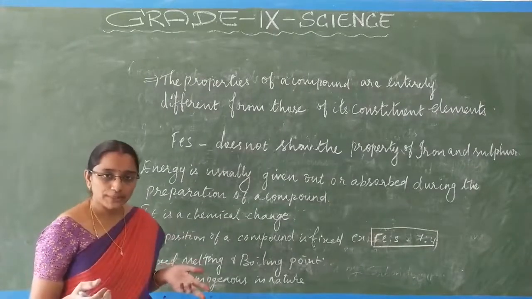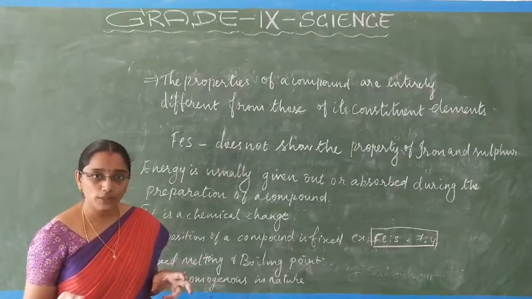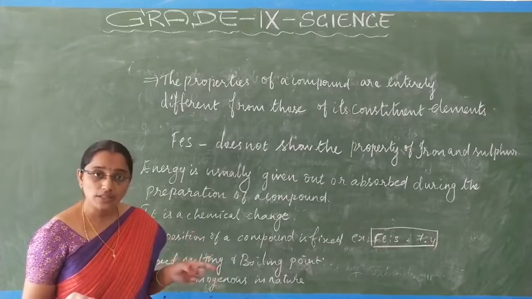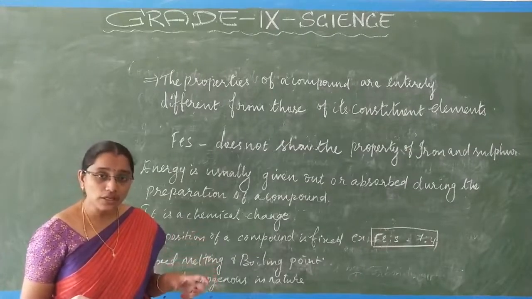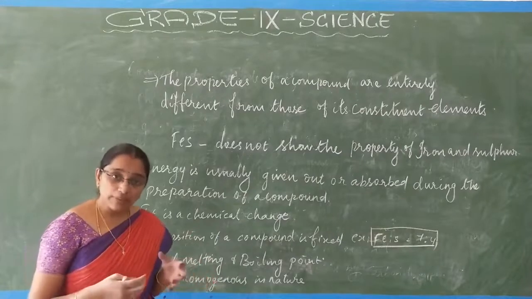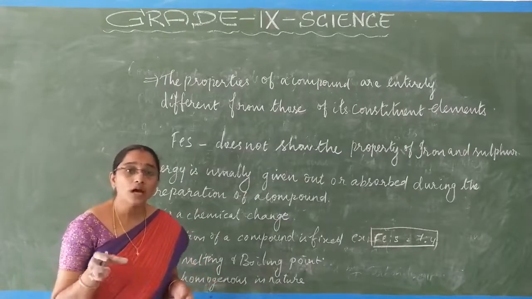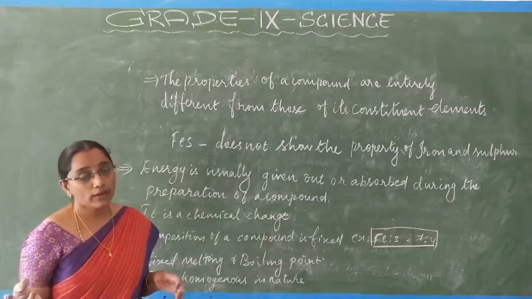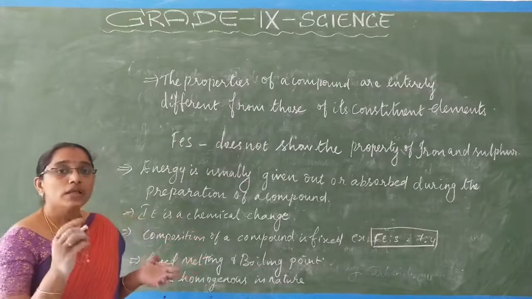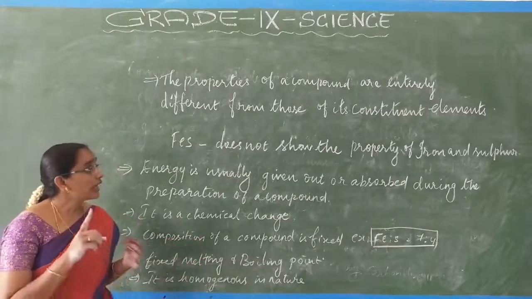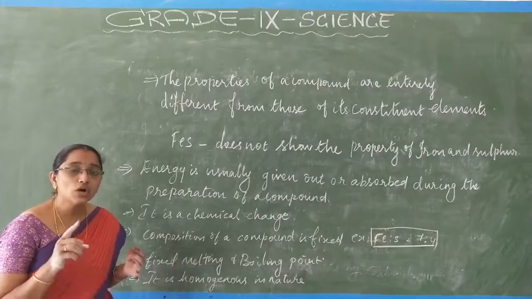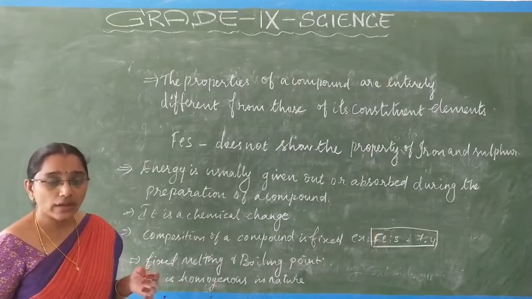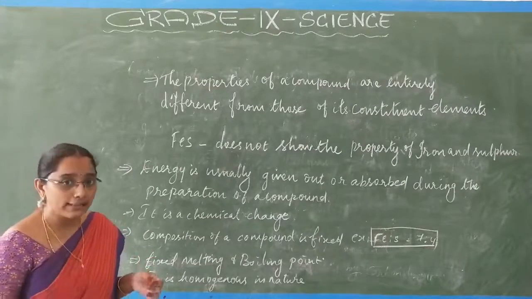Take water, for example. Water is a liquid, but to prepare water I need hydrogen and oxygen, which are gases. When they chemically combine together, they produce a water molecule. So its nature is quite different when compared to the original form. These compounds are entirely different from their constituent elements. When a compound is chemically formed, its nature is quite different from that of the elements.